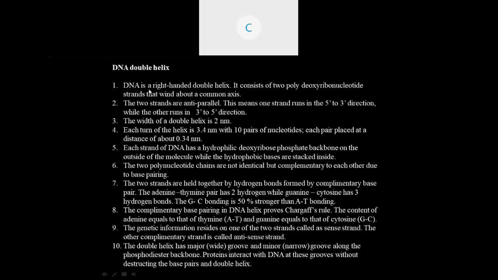I will explain this particular thing also. The only thing is that the orientation of all molecules in one strand is exactly opposite, in the reverse direction, as far as the other strand is concerned. Hence, it is referred to as anti-parallel. One is running 5 prime to 3 prime and the other is 3 prime to 5 prime. I will explain this part next, but pronounce it as 5 prime to 3 prime. Next student.